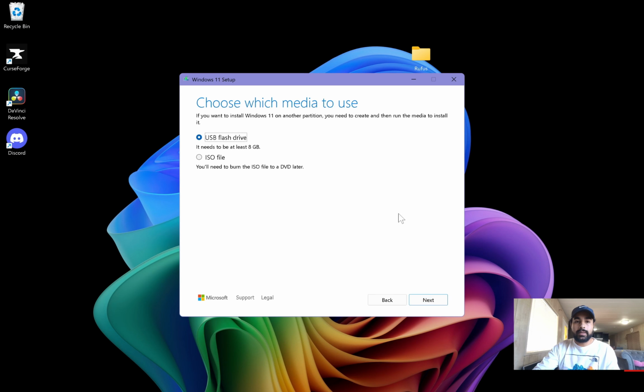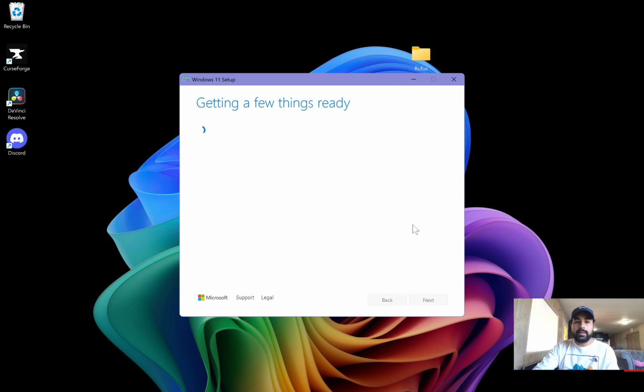So we press next. We select this one right here, USB flash drive. That's going to make a bootable device. So we press next, and we select the device that we want to create the Windows 11 system on. In this case, this is the one that I'm using. So we press next,